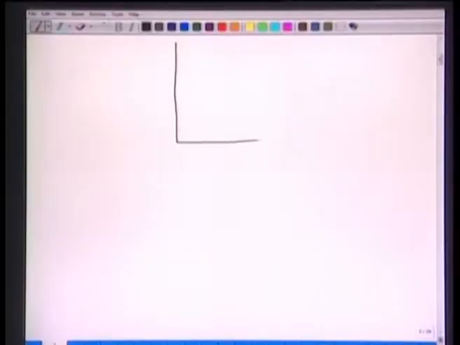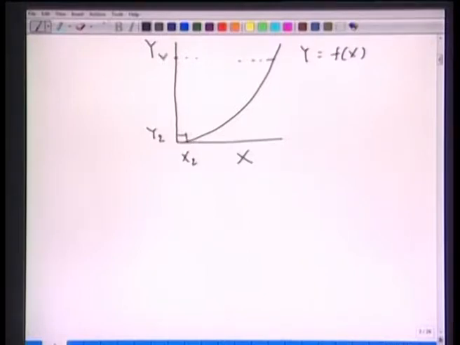Alright, but we must also understand that whatever we can do graphically we can also solve mathematically by writing down these equations. So let us redraw this curve of operating lines and equilibrium curve. We have y versus x. Let us assume we have the equilibrium curve like this. We have been given this equation y equal to f(x). We know these points, we have x2 and y2. This is at the exit end, and we know y1, the feed concentration in the gaseous phase,